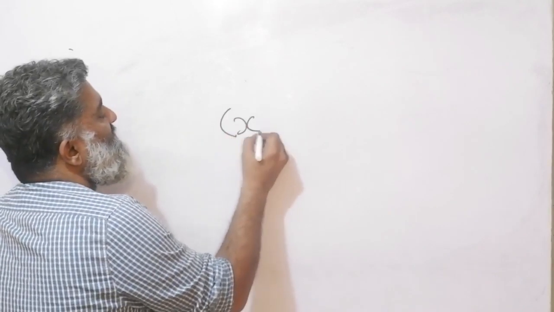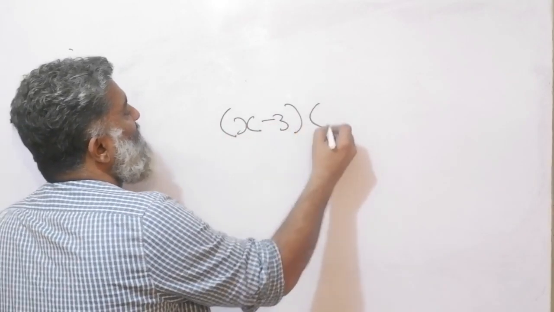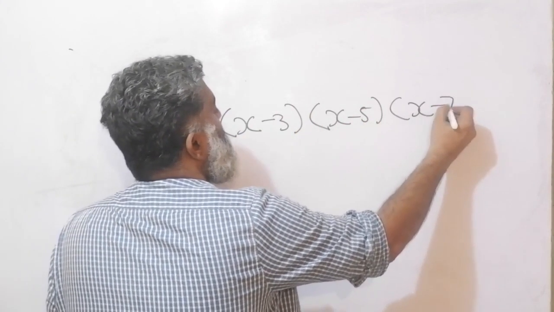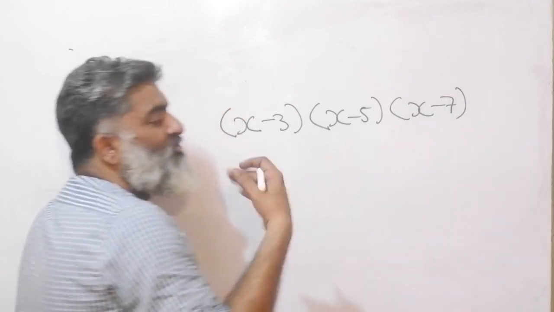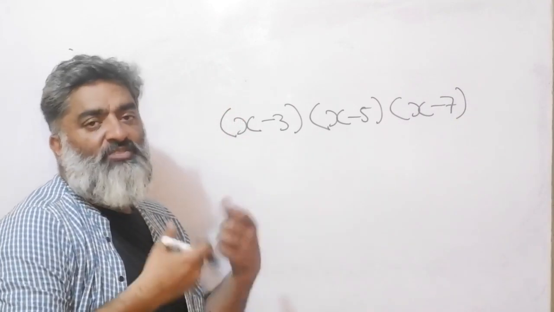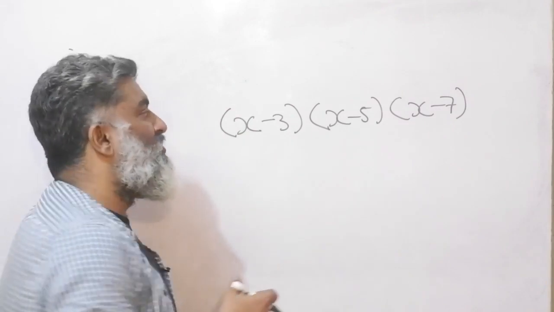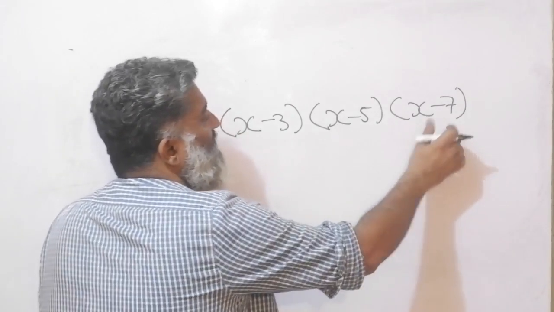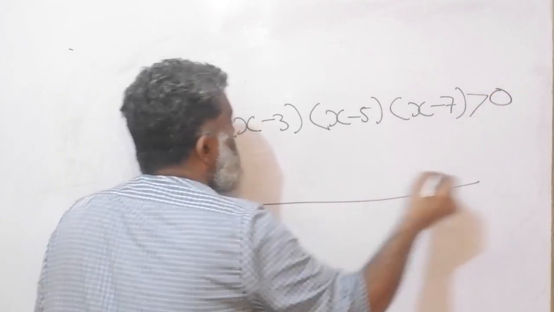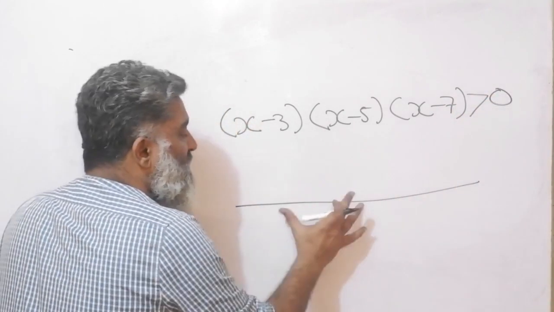This is the fast version of it, so pay attention. If I give you a situation like this, (x - 3)(x - 5)(x - 7), and remember the final result of the shortcut is going to be obviously easier and shorter. The discussion part, the understanding part can be a little long, right? So if I think of these three numbers and I'm saying okay, greater than 0, so the shortcut is this. Think of these points, zoom into the number line.